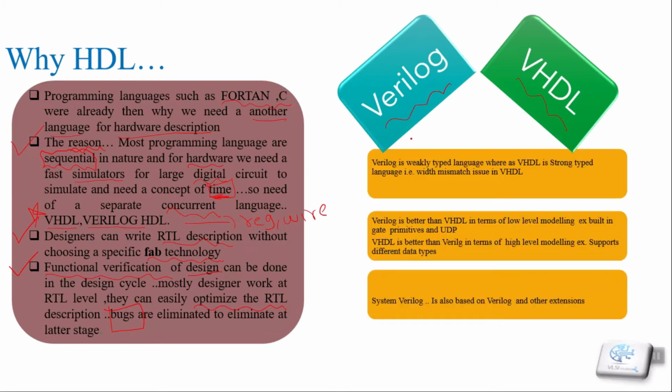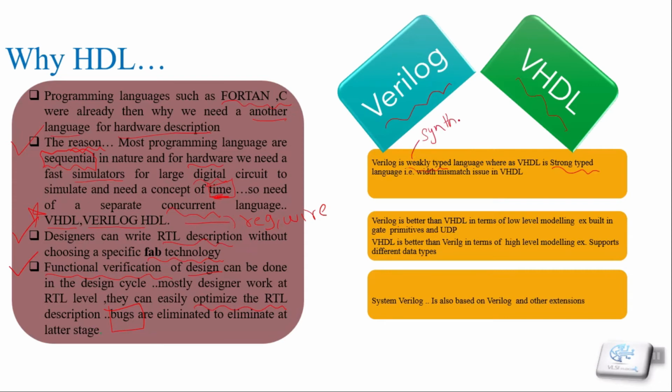So the first point is that Verilog is a weakly typed language, whereas VHDL is a strongly typed language. What it means is that in VHDL, we have to correctly write the matched and defined data types. If we are using some mixed data types in our program and there is a mismatch in the signal, at that time VHDL will show an error. On the other hand, Verilog is a weakly typed language, so if some mismatch happens, the compiler will automatically eliminate those bits in the synthesis part.